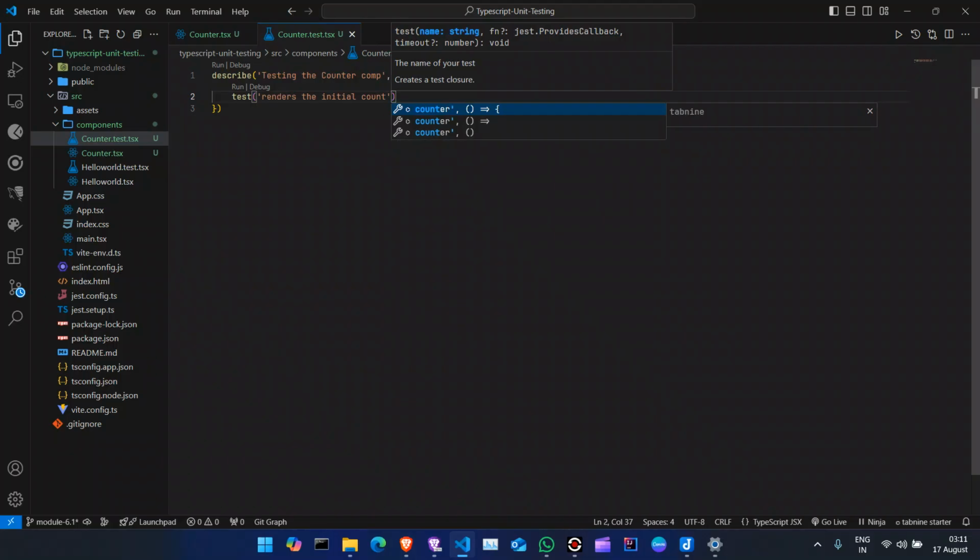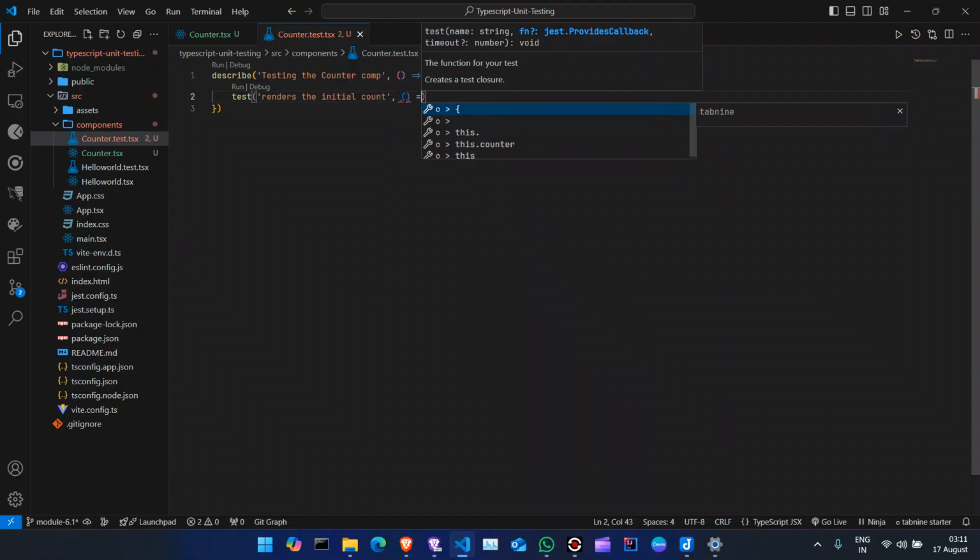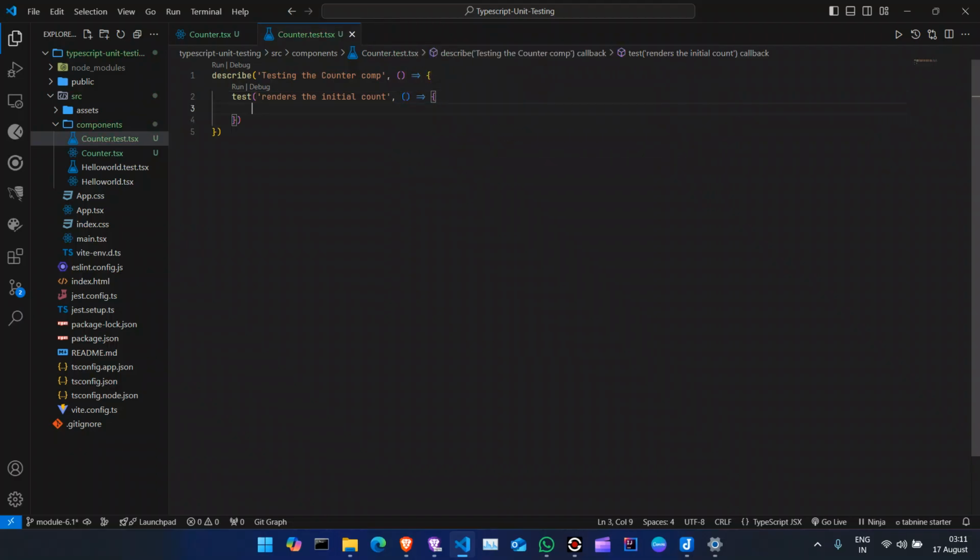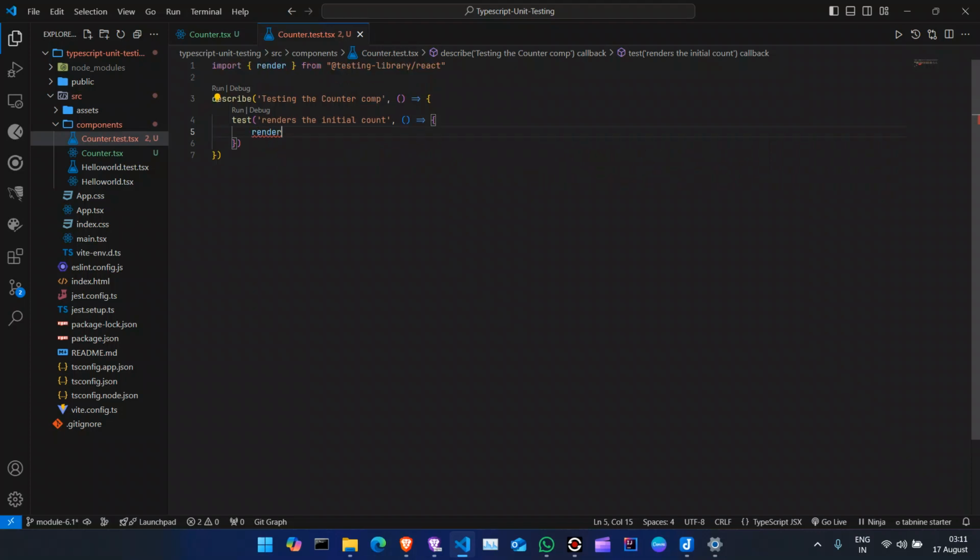Alright, so it should properly render the initial count, and now render will be imported from testing library /react,